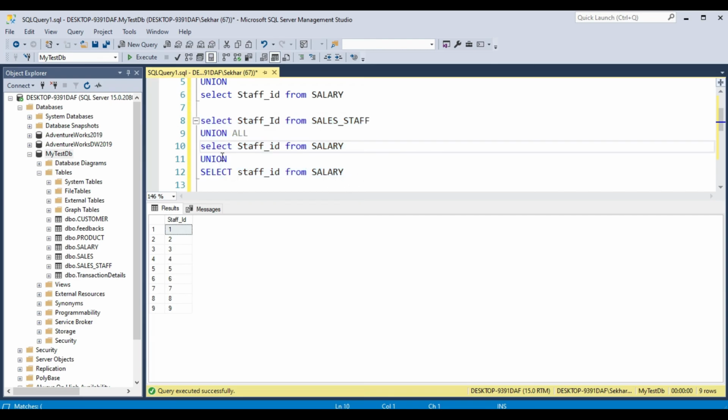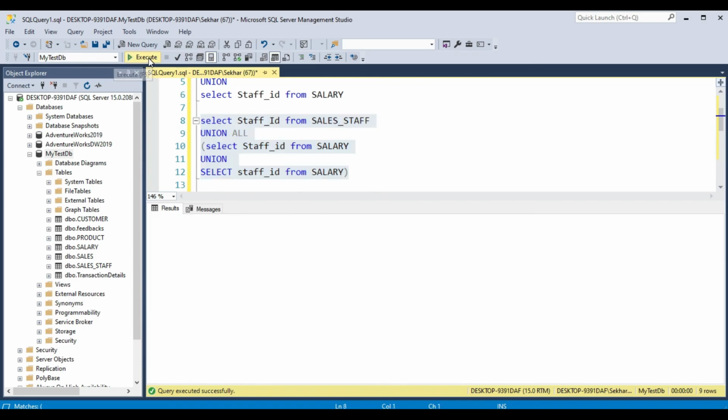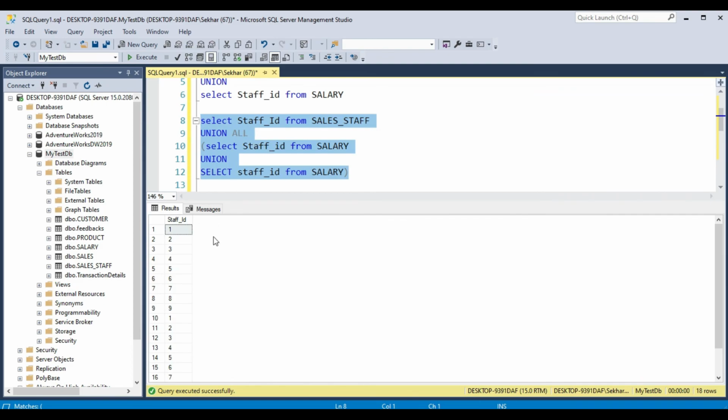If you don't want that, you can add a bracket here. The bracket part will be executed first, then it will do union all second, and you will get all the records. Hope you have understood it.